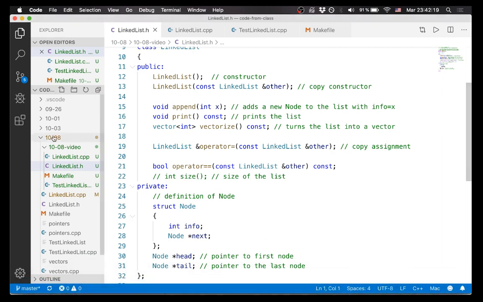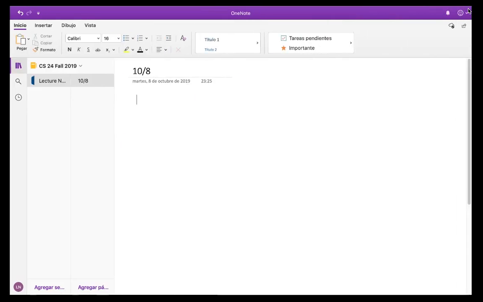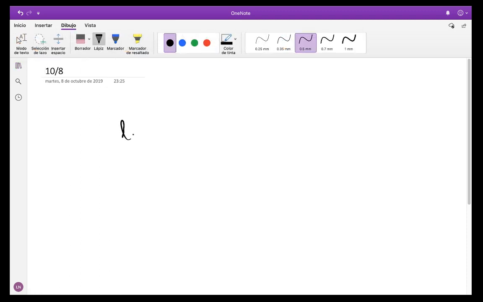I made a copy of it in a folder called 1008 video instead. So let us go there and work on this operator equal equal, which takes another list that we want to compare to, compare for equality and value equality. So the idea is if I have two lists, like L1 and L2, let me draw this. If I have L1 and that equals 1, 2, 3, and I have L2, I'm just drawing this Python style, and this is also 1, 2, 3,